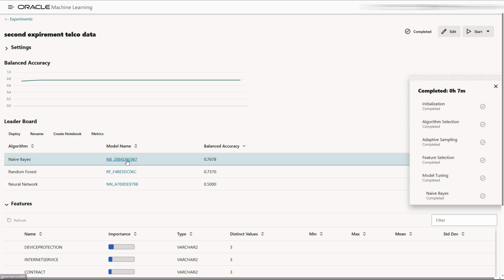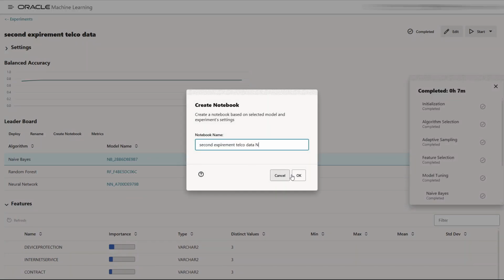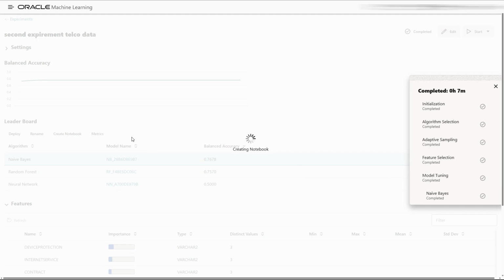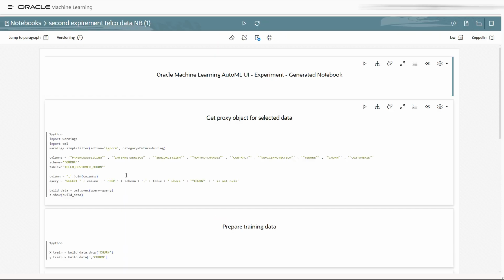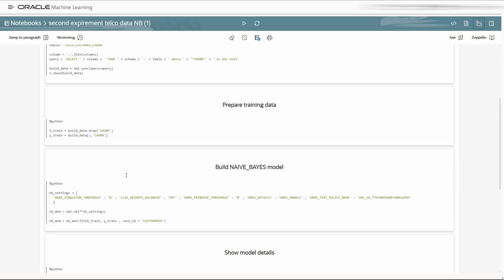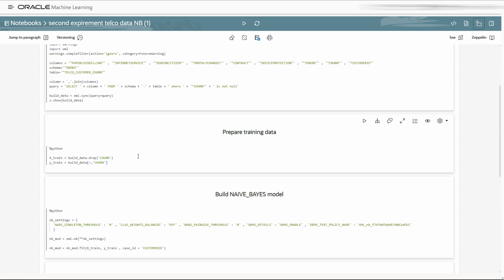Again, here we can select this one and create the notebook with the code to run against our data and change it accordingly. We can open it here. Here we see the Python code to run it.